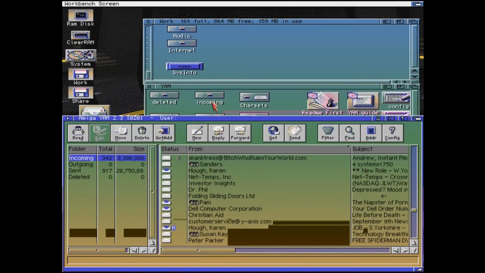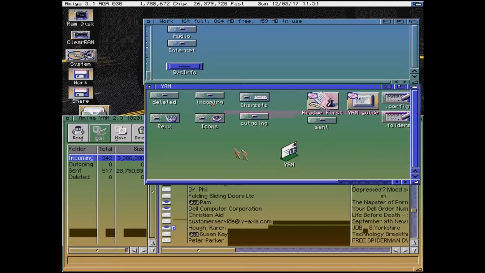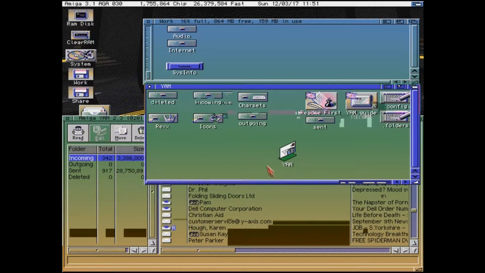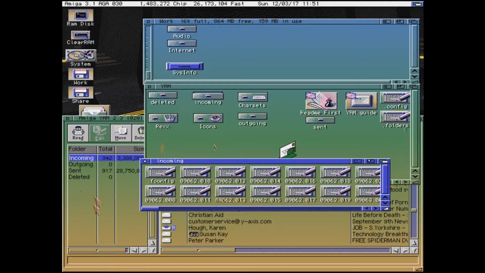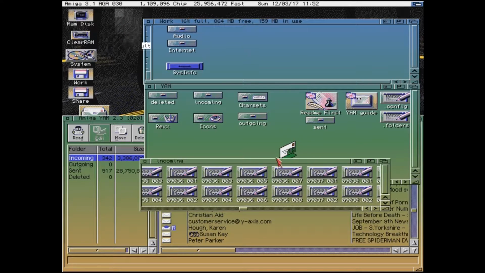First of all, if we take a look at the way YAM stored its files, basically you had an incoming and an outgoing folder, and a sent folder as default. You may have created more folders and stuff. I certainly had at the time. And it's got a folder config. Each individual mail is stored as a file with some numbers on it. If I pull into a shell here,